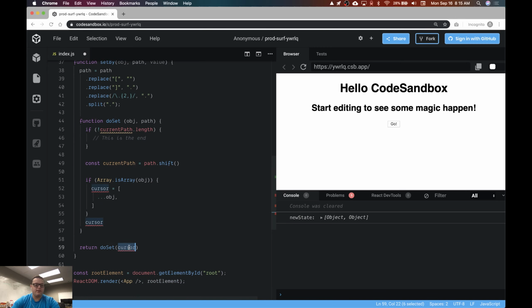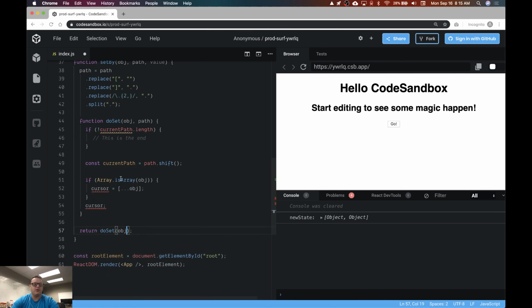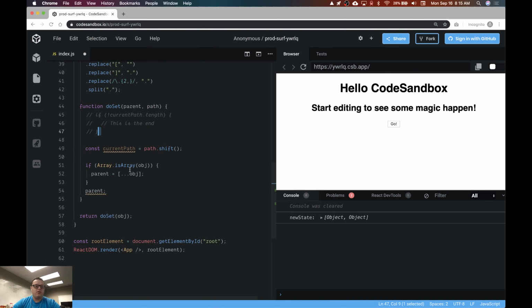Yeah, we'll do that. No object, or no, there's no cursor. The cursor is coming in. We'll just call it the parent. Current path equals path.shift. Let's get rid of this for now. All right, so if the current path is, let's see, if array is an object, that means the current path,